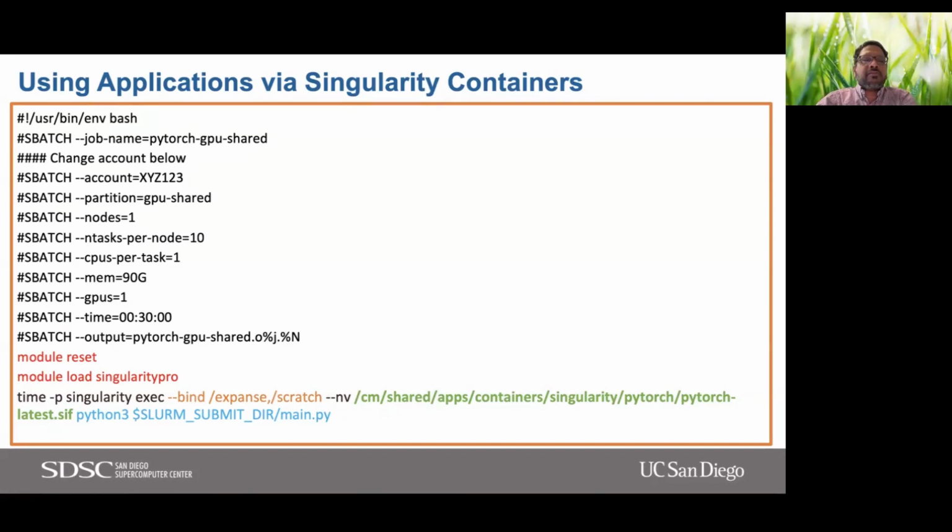So in this example, we're binding in /expanse, which will cover pretty much the Lustre file systems and the Lustre projects and so on. And we are also binding in /scratch, which basically is the node local scratch directory. So you can bind both of those in. And then the --nv essentially pulls in the NVIDIA driver info and everything,